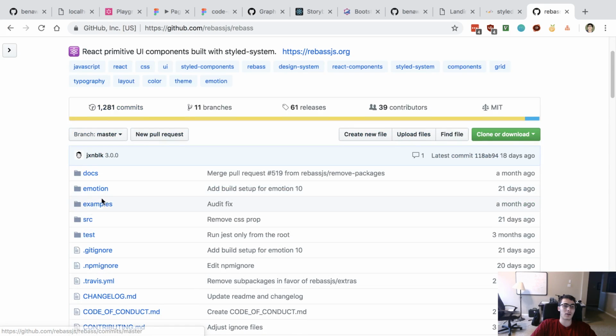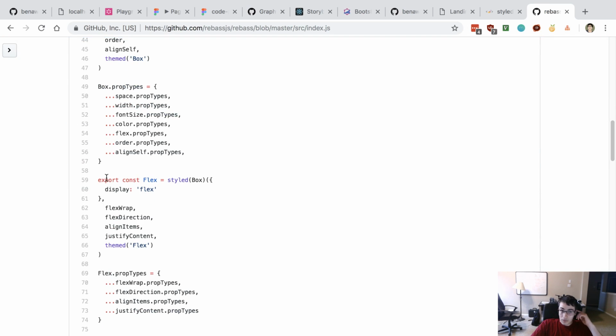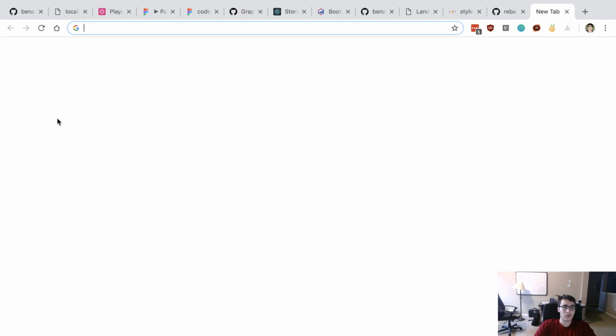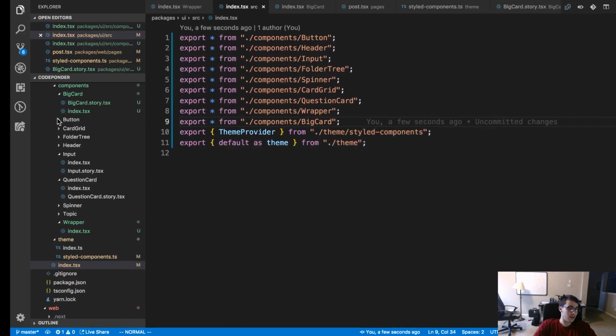4K stars, there should be types for this. I'm gonna be really sad if they don't have them. Oh, thank goodness.